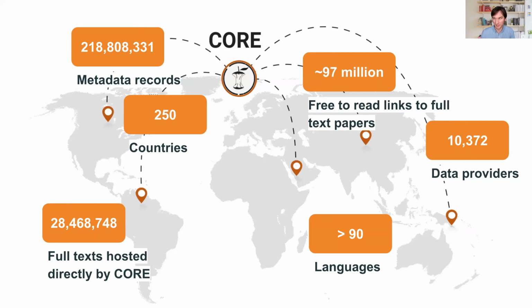A data provider in CORE could be a repository. It could also be another aggregator of repositories or journals. So for instance, PubMed Central is for us one data provider. arXiv is one data provider. Another notable data provider might be the Directory of Open Access Journals, DOAJ, that would be treated for us as one data provider, despite the fact that they actually represent many providers behind them, okay?